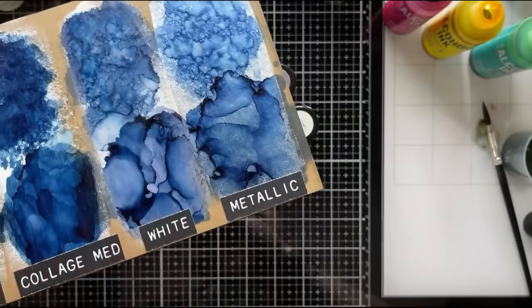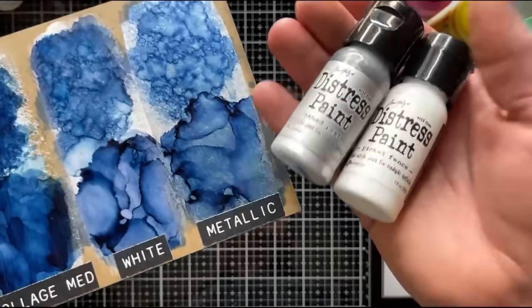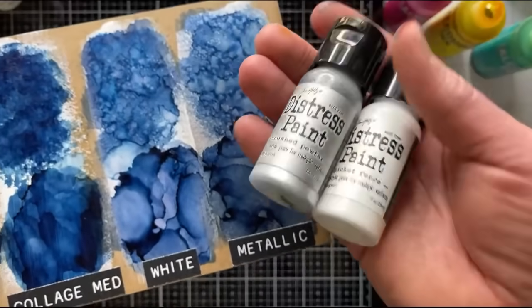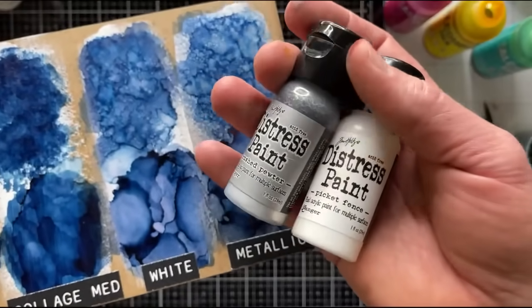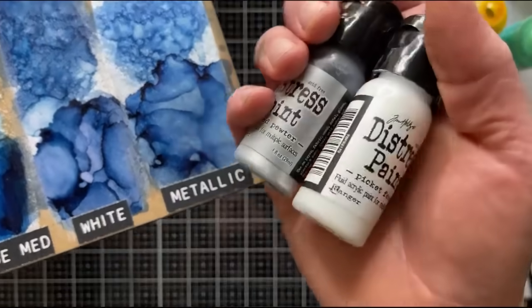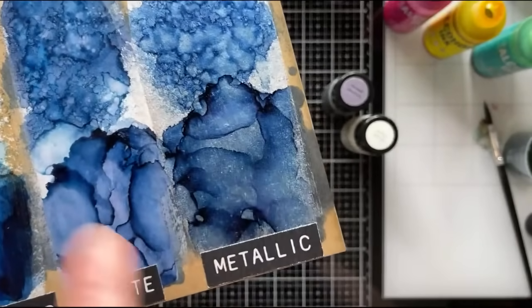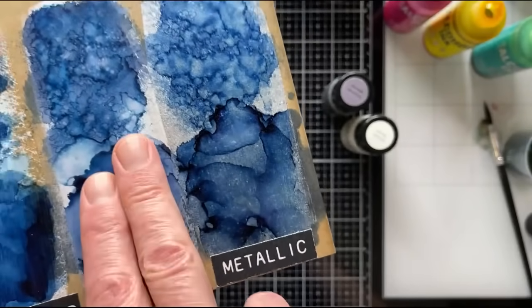So the next one is just acrylic paint. Nothing special about these acrylic paints other than these are the ones I use, but this would work with any kind of acrylic paint, okay? White or metallic. White acrylic paint, because an acrylic is going to act as a waterproof sealer. You can put white acrylic paint, then you can alcohol ink on it, and you wait for the medium to